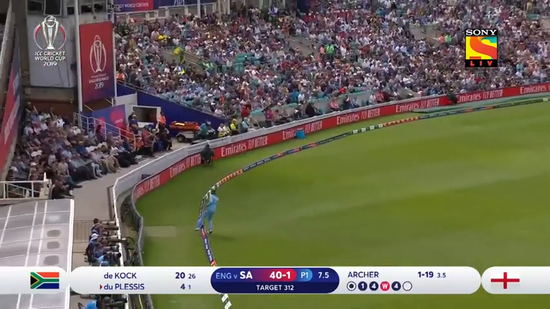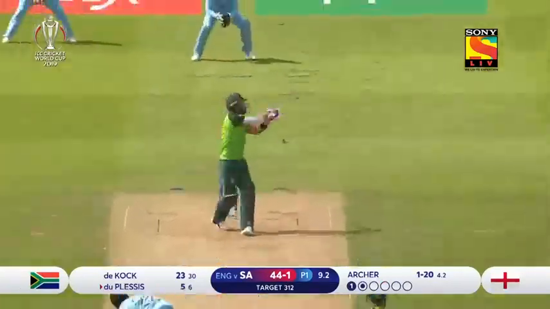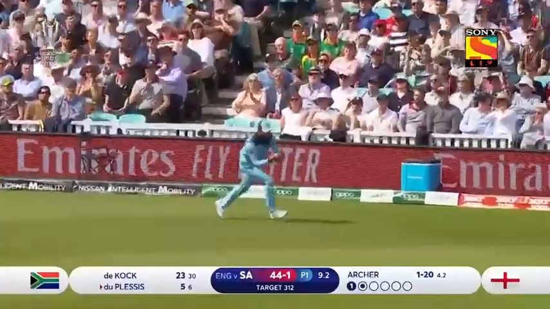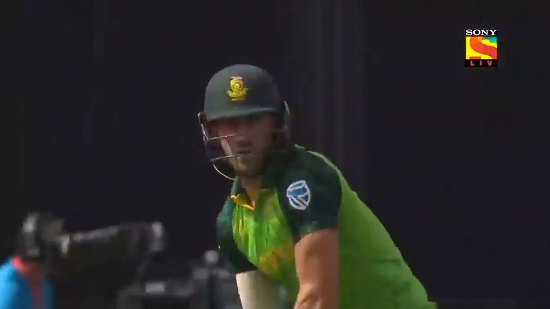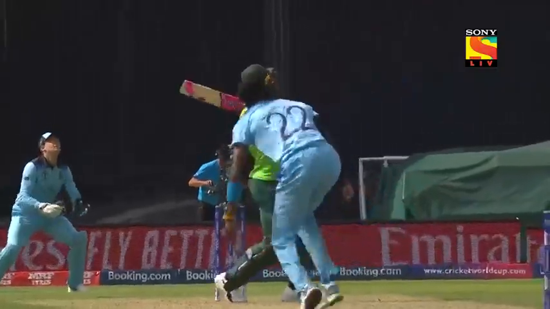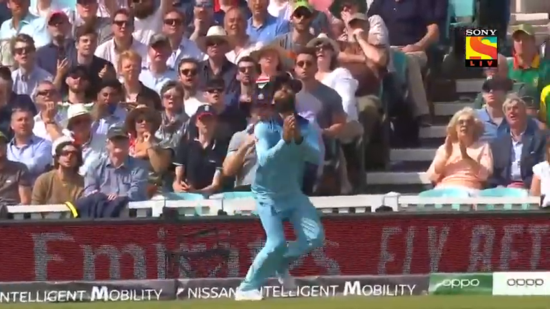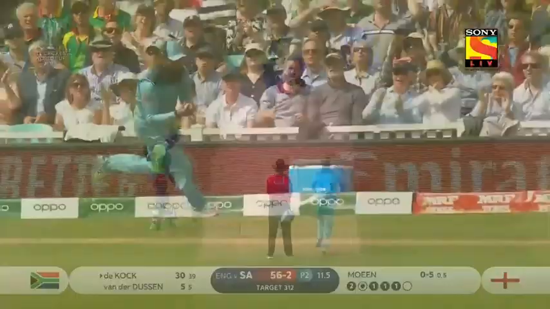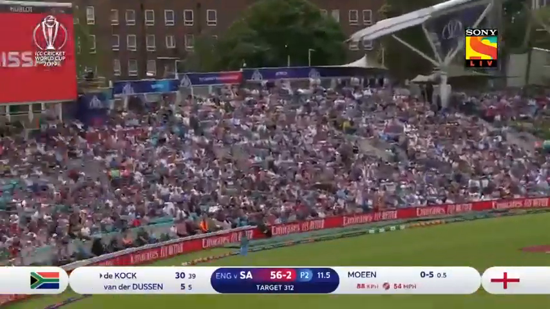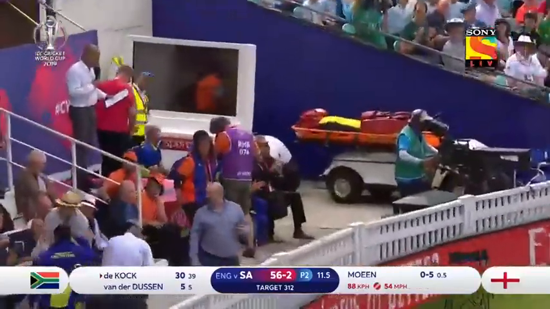That will run away for 4. Shaw. And this could be out. It is out. England know that is a massive wicket. And what a strike that is into his slot.